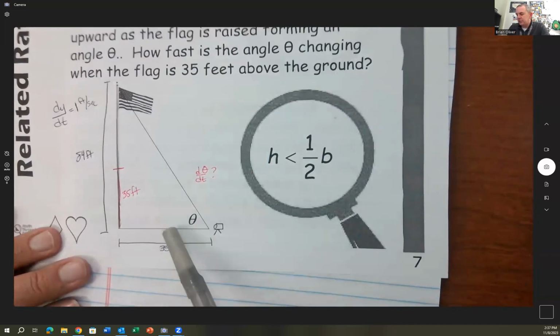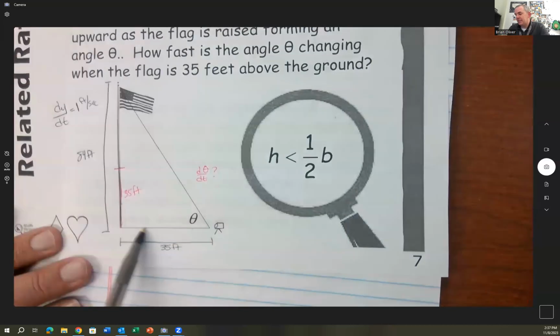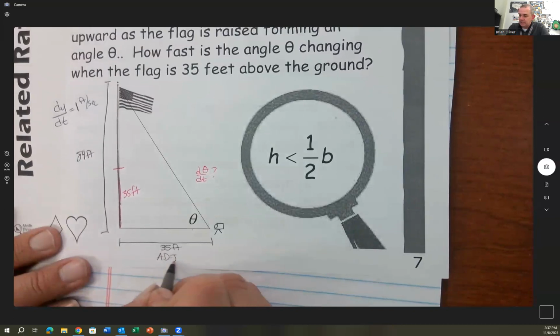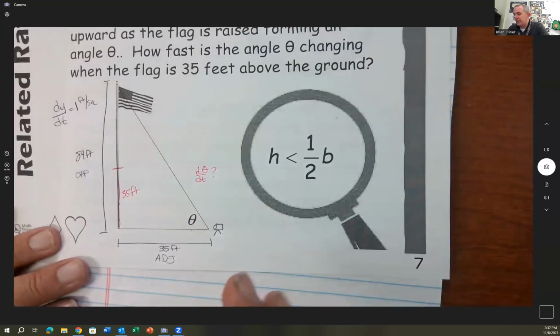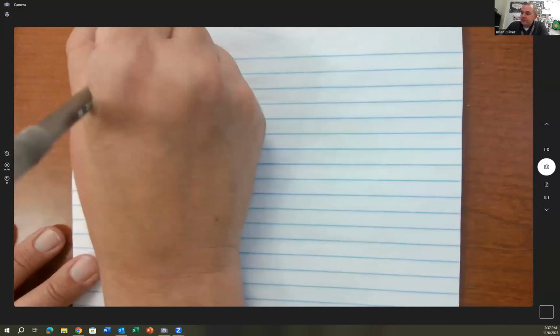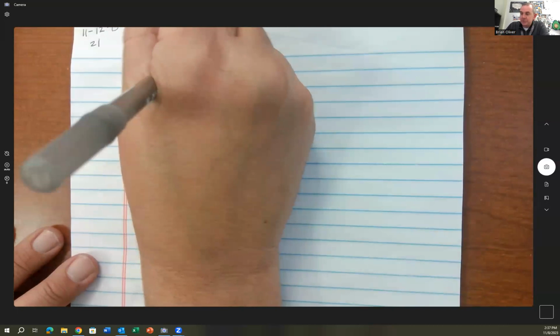So if you think about this, we're dealing with the angle. And if you think about the pieces of the triangle, we have this side and this side here. From the perspective of the angle, this is my adjacent and this is my opposite. Since I'm dealing with an opposite and an adjacent, I'm dealing with a tangent function. So for number 7, I'm going to be dealing with tangent theta is going to equal